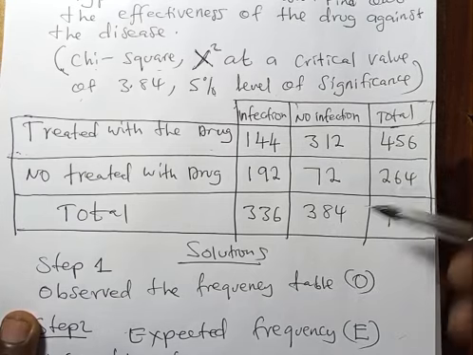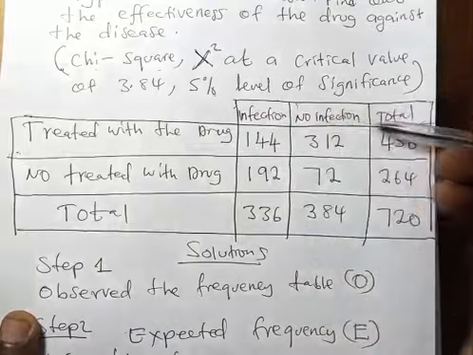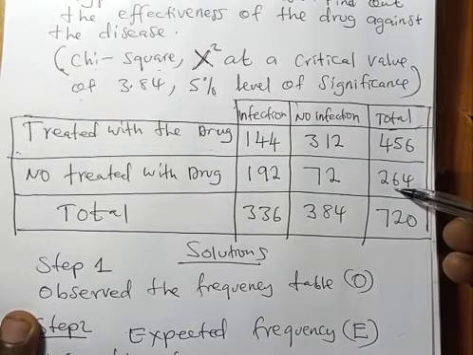Then now the total for those who are treated with the drug plus those not treated with the drug, when you add the total,